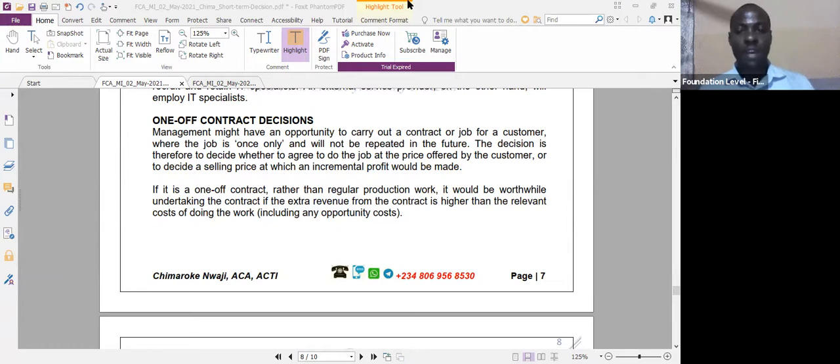Okay, now we have one-off contracts. A one-off contract is a short-term decision by management. Okay, so we've talked about make or buy. We talked about using scarce resource. But management may want to carry out a one-off contract, something that is going to be done once and not intended to be a repeated kind of job. So what do we do about one-off contracts? How do we make decisions as to whether